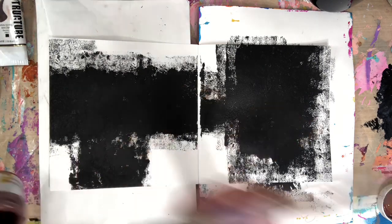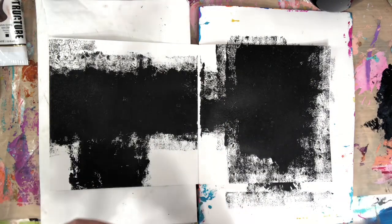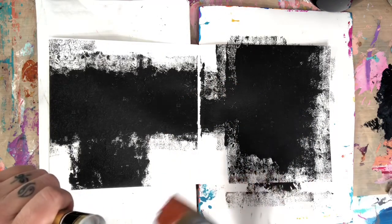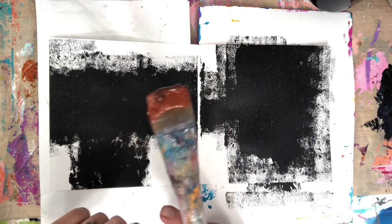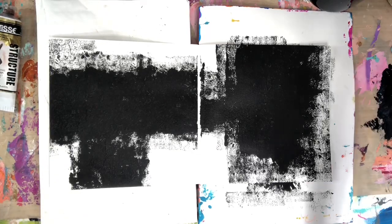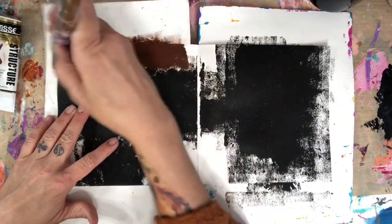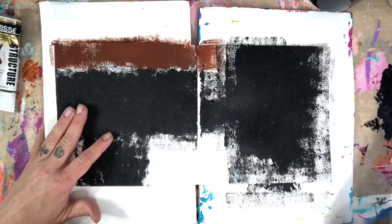I'm gonna get some of that brown, and I'll mix a little of that Van Dyke brown with it. Love building these loose backgrounds. Sometimes I get into, like I did earlier with the trees, really detailed work, and it's nice to spiral out and kind of get back into a looser place. And that's where I am today, just kind of getting back into some play and enjoying